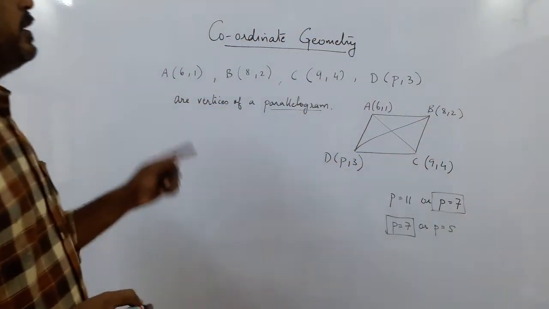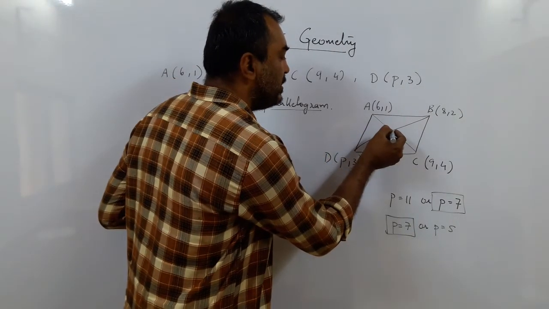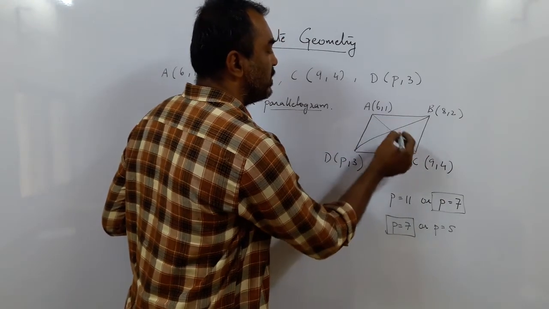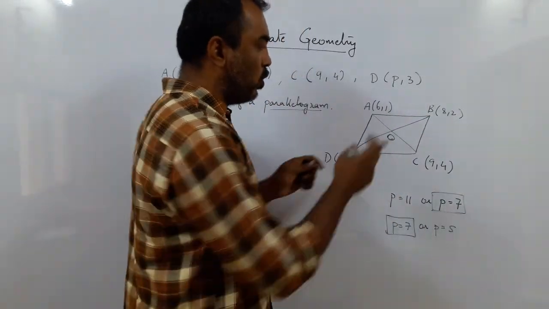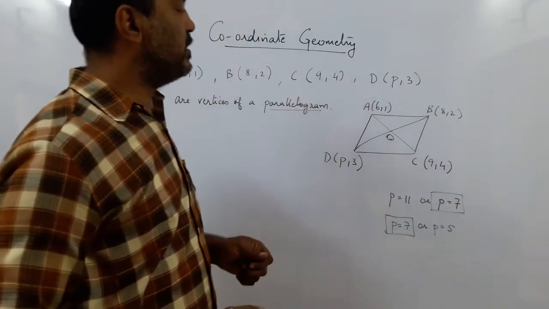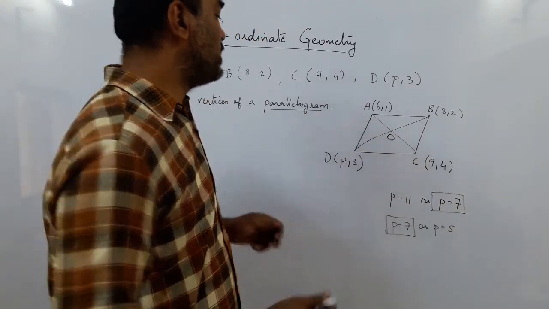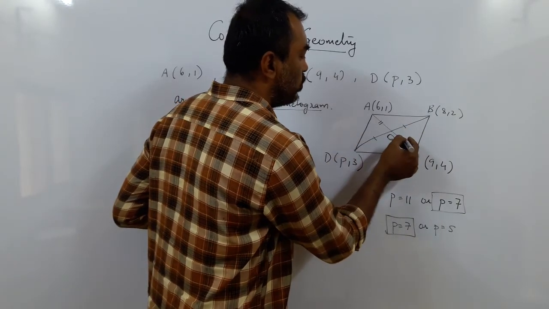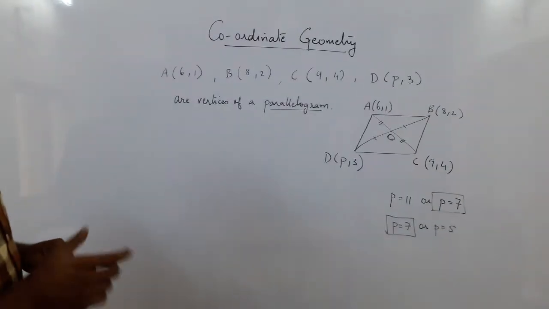In a parallelogram, in a rhombus, in a rectangle, in a square, the diagonals bisect each other. Bisect each other means, let us say O is where the diagonals bisect. So AC is one diagonal, BD is another diagonal. Point O bisects. So the rule for a parallelogram is that the diagonals bisect each other. Bisect means cut into equal parts. So OD equal to OB and AO equal to OC. The diagonals of a parallelogram bisect each other.